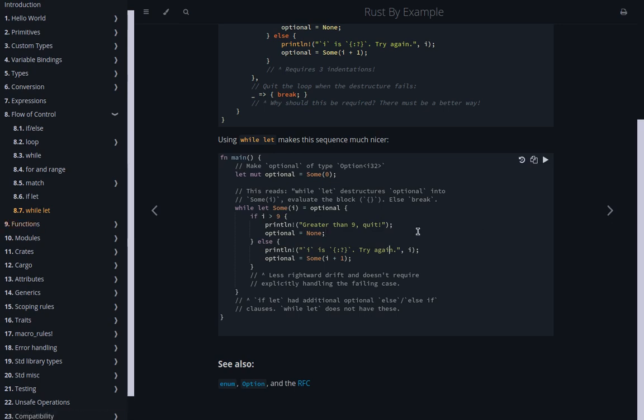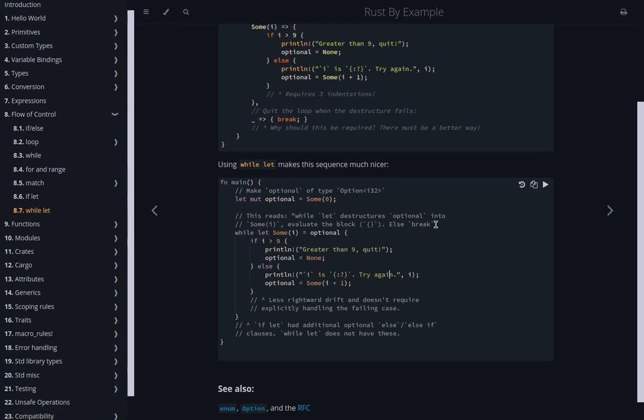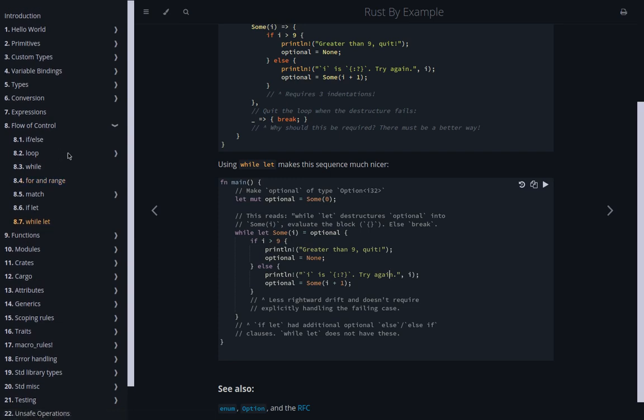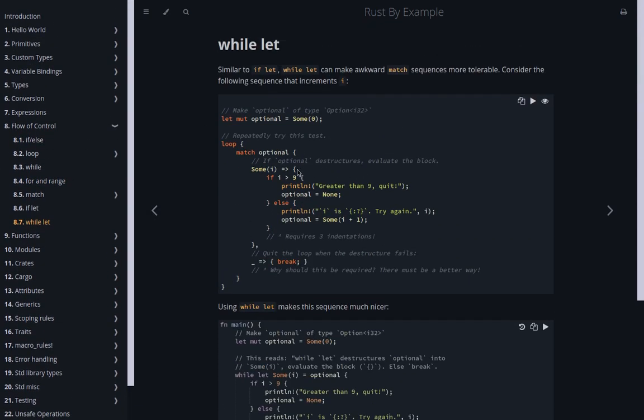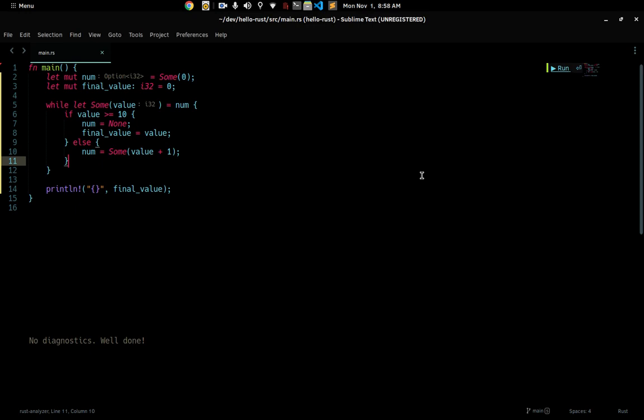So that is all for this video, and if you want to learn more about this, you can definitely check out the Rust by Example book. It's a really cool book. It's got lots of short stuff. I would recommend you read this instead of reading the Rust book if that's too big for you, because that contains about 600 and something pages. So if that's something you're interested in, you can check that out.